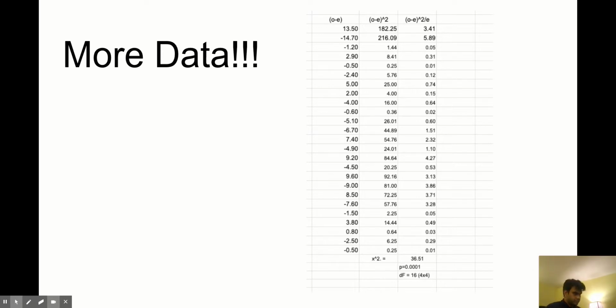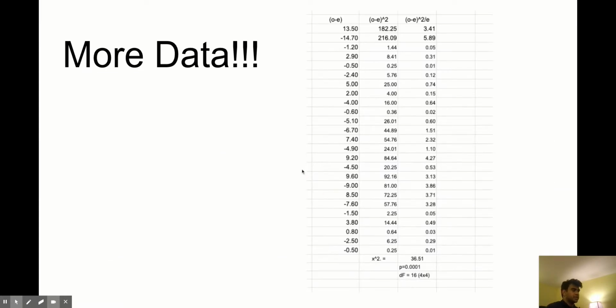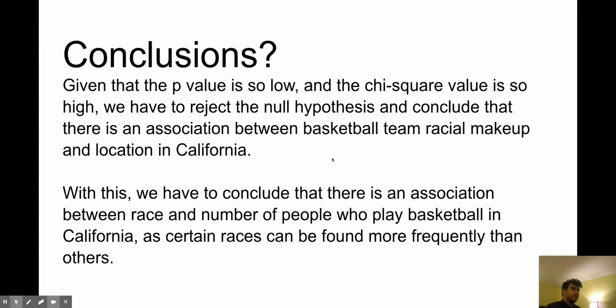So the degree of freedom was 16 because, if you go back to the previous slide, there are five rows, 5 columns, and you can just do 5 minus 1 times 5 minus 1, which is 16 degrees of freedom. And so in conclusion, given that the p-value is so low and the chi-square value is so